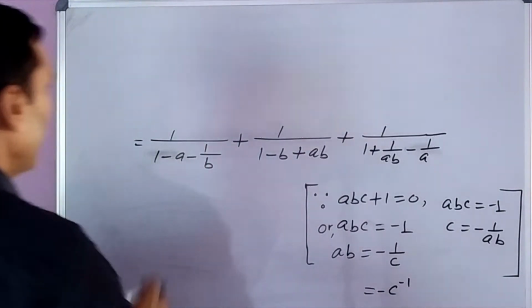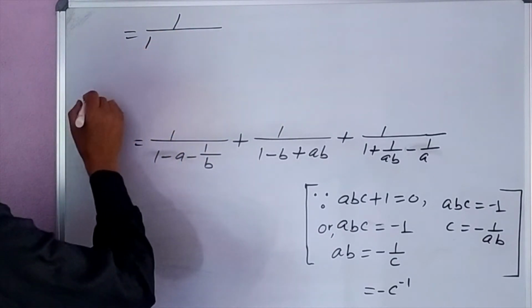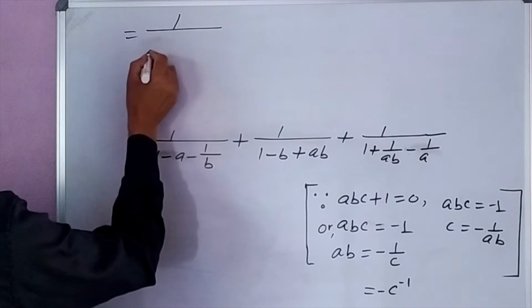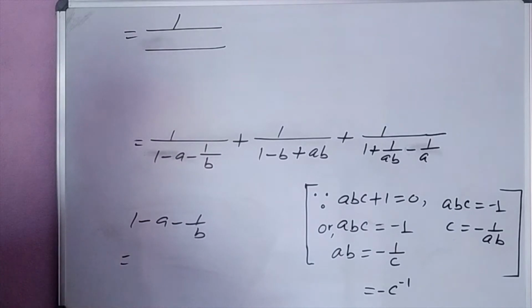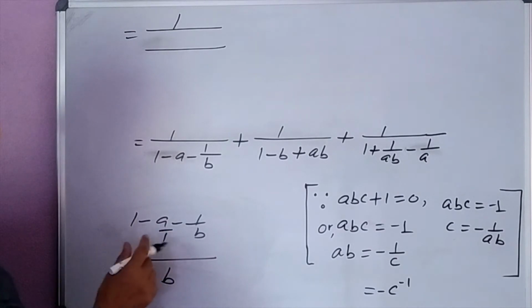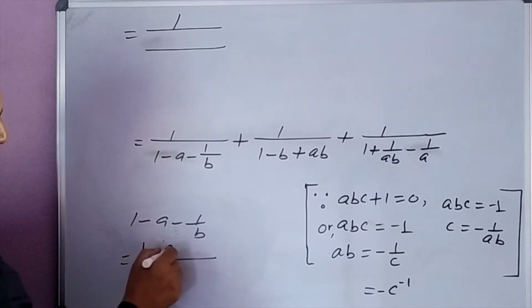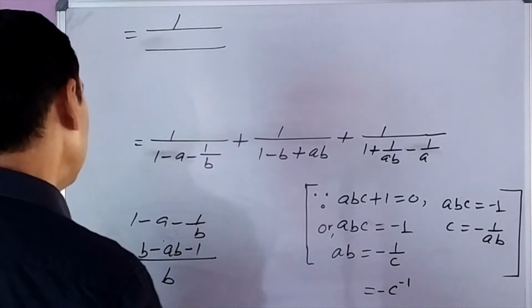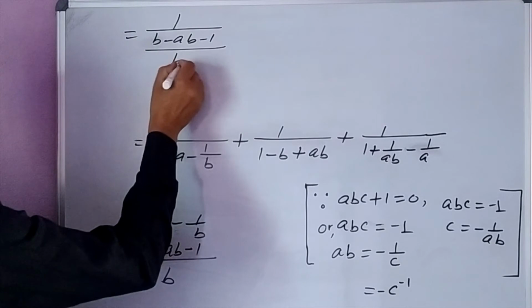Okay, I am writing here from the top. So, let's start taking the LCM in the denominator. We have 1 minus a minus 1 upon b. So what is the LCM here? b is the LCM. When you take b as LCM, what will you get in the first term? Where there is a, the denominator is 1, so it is b, and b divided by 1 you will get b. b into a is ab, and here is minus 1. So b minus ab minus 1, b minus ab minus 1 upon b.